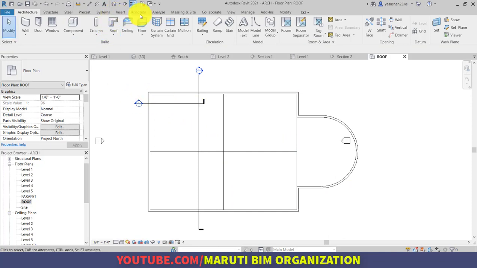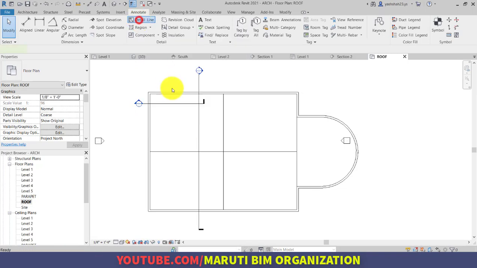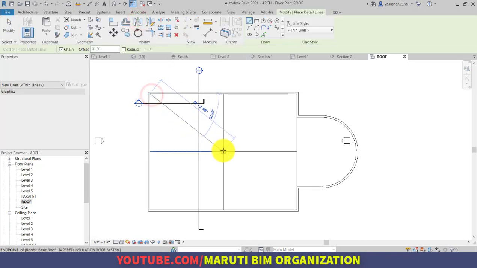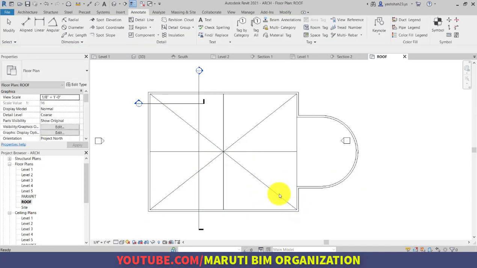Now I can go to the annotate tab, and there is the option of detail line, and I can draw the line. These detail lines are just for reference for me. Later on I will remove these detail lines, and now what I will do is add the points.